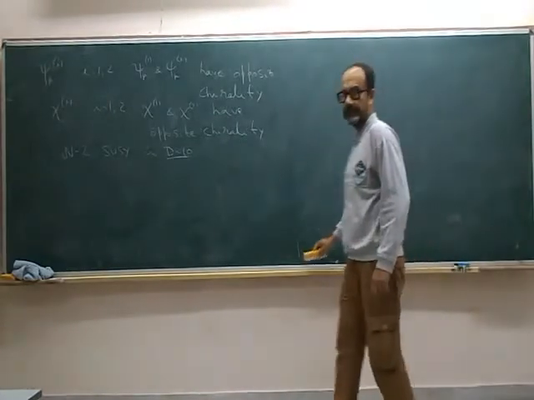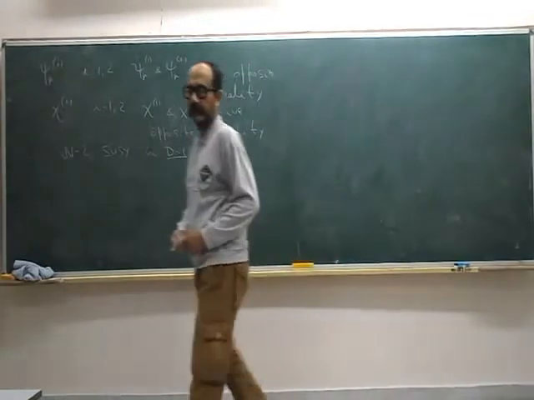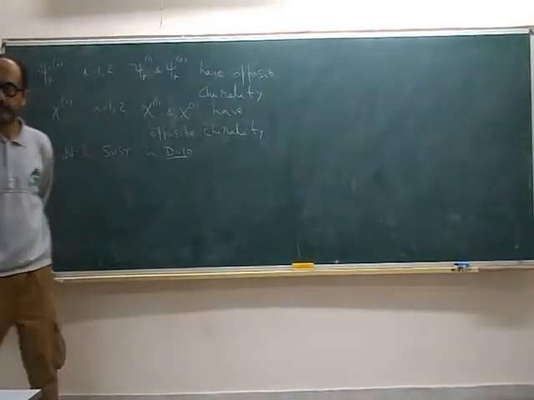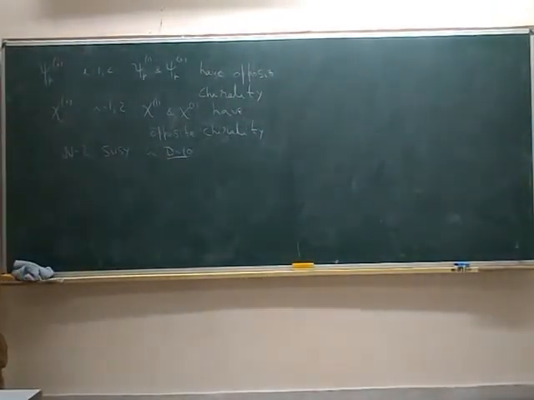If we look at it from the string point of view, then we say that we naturally arise at N equals 2 supersymmetry in 10 dimensions in type 2 theories. But if we look at it from just the field theory point of view, why am I writing maximal supersymmetry? There is nothing. String theory gives you this maximal supersymmetry.